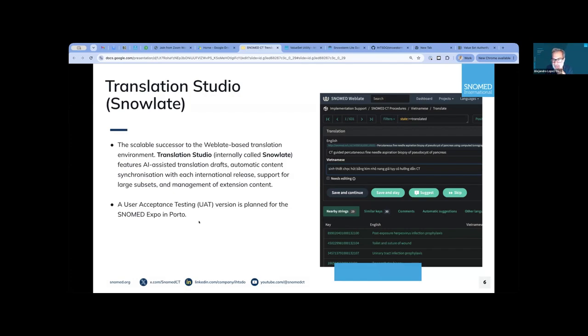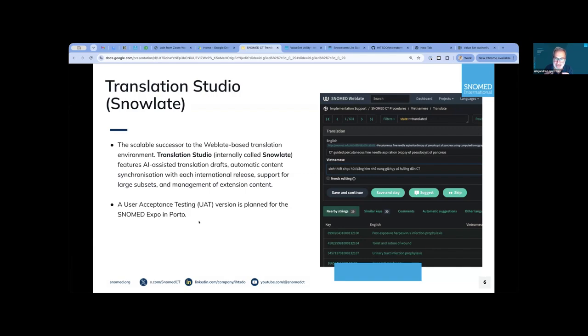And to do the translation, we had a tool that was called SNOMED Weblate, which is a very interesting internationalization tool used for software, for many things. It has many adaptations. But maybe something to tell you is that we are working on a successor to Weblate. Yes, Weblate has some limitations with the technology, in the way it can grow, how many concurrent users you can have, how large can be your translation.